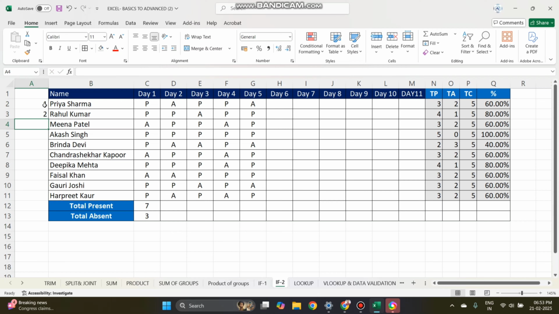Total, we are having 10 students. Let me just give some serial numbers for this. Yes, a total of 10 students were there. 7 were present, 3 were absent. So you can see 1, 2, 3. 3 students were absent. That is how we can get the total present and total absent for each class. Now, since I didn't lock the range anywhere here, because I am going to drag this for the rest of the classes, you can see we get 6 present and 4 absent, and 7 P's and 3 A's in day 3. Like this, we can get real-time